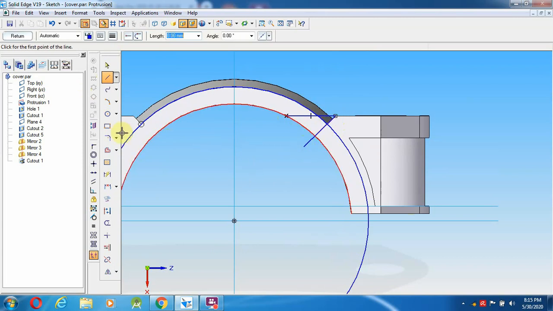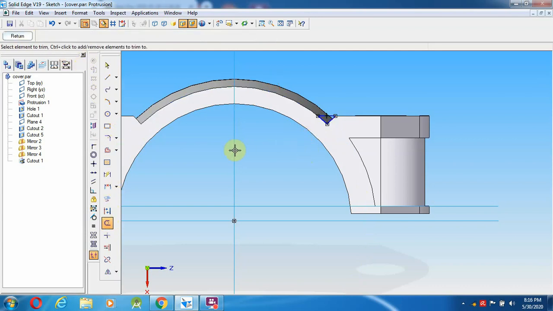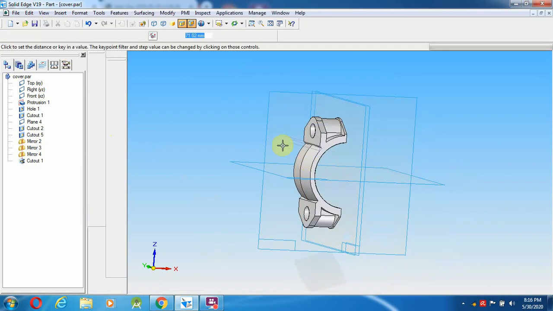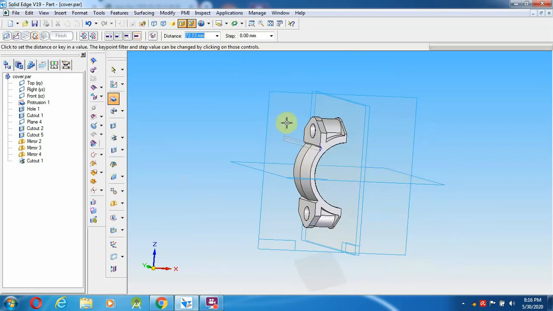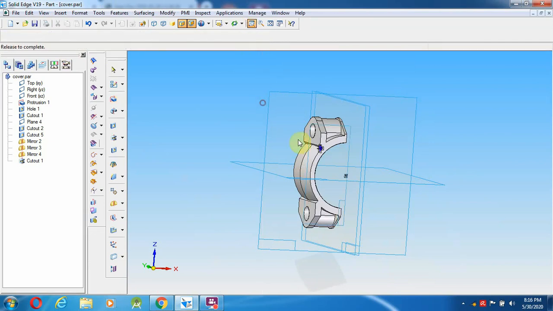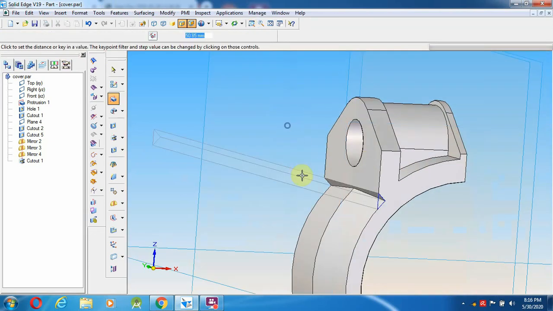Now going to use the option called trim. Those things, and return, towards this side, up to this edge.